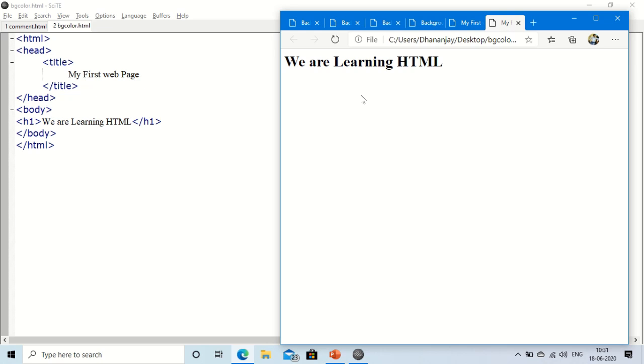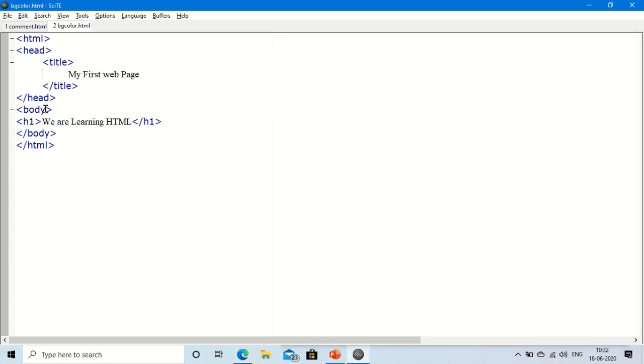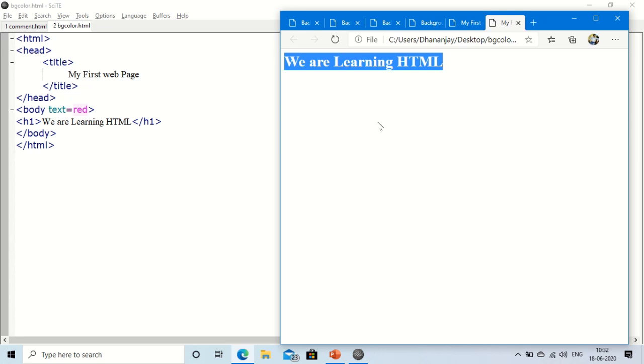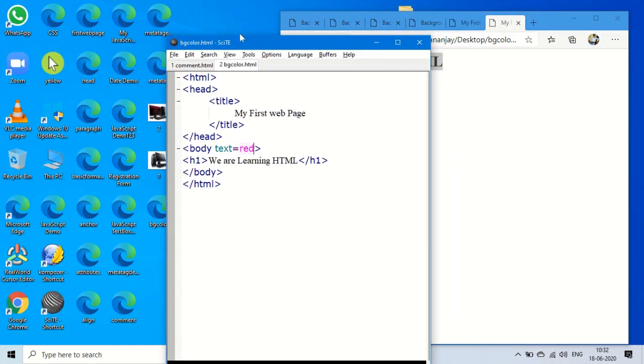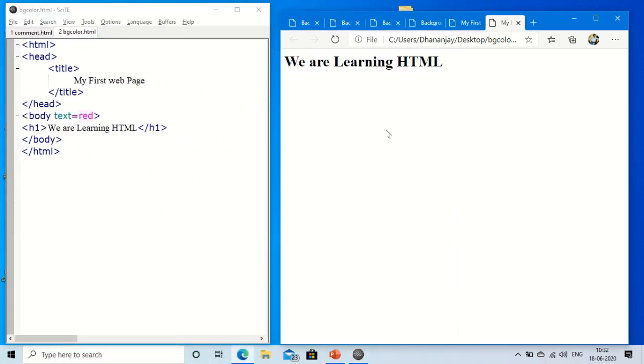Now the question is how to change this text color. For that we have to mention text equals red, so that it will appear in red color. Let me refresh it. You can see it is coming in red.